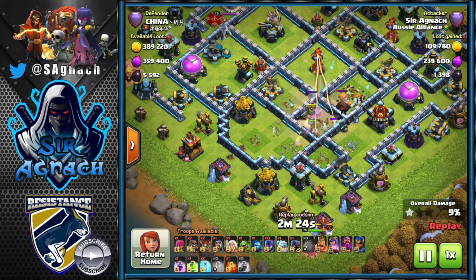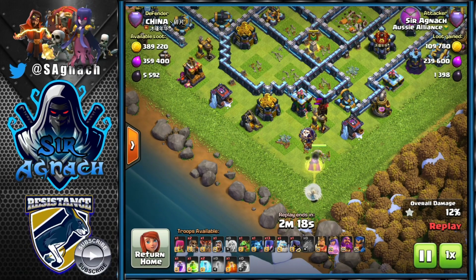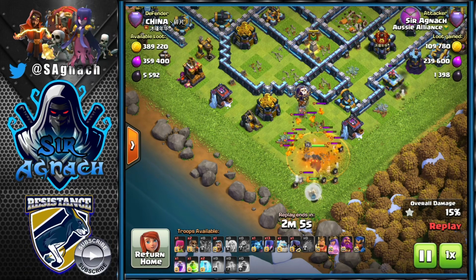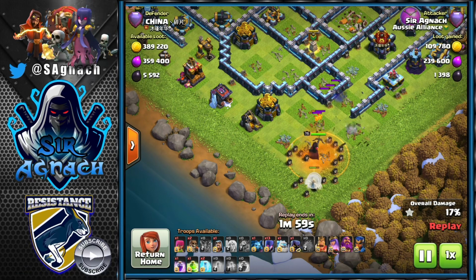Usually what I do with the wizard as well, as you can see, there's buildings on the outside that are remaining standing. So then if that's what happens, that's when I put my queen and start a queen walk. As you saw on the first attack, I did a warden walk because the blizzard was going to get the edge of the base. On this occasion, because it's not getting the edge of the base, it's getting the inside of the base, I use the queen to clear the defenses,